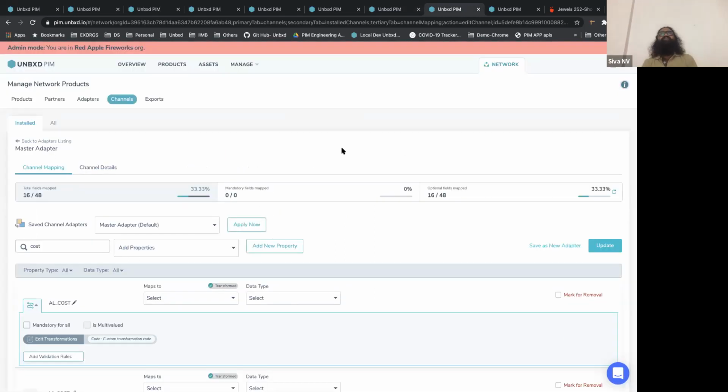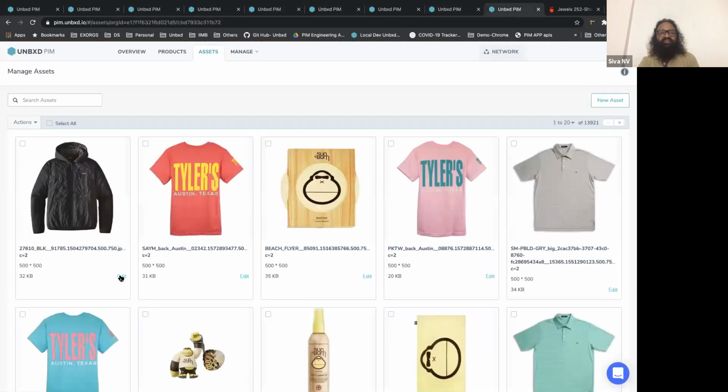Let's take another example. The PIM system can streamline your inventory, the imports, the assets, all of this. And within the PIM system, suppose you want to manage all your assets, like you want to edit your images, you want to assign new properties across different verticals. This becomes seamless with respect to the PIM system. From within the PIM system only, the user can associate the product images, put watermarks, and easily enrich the product